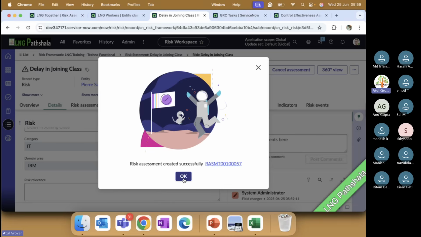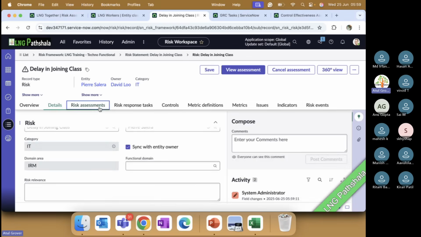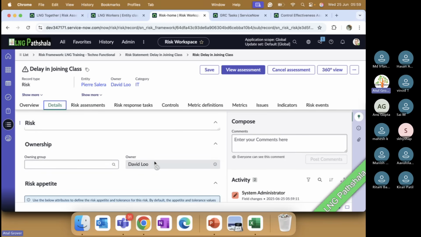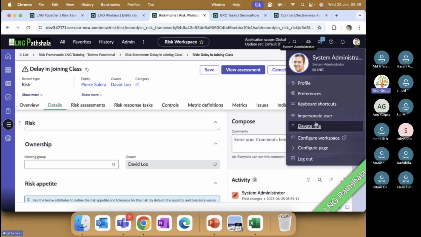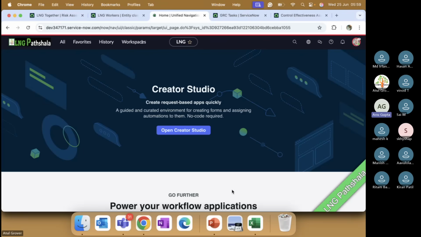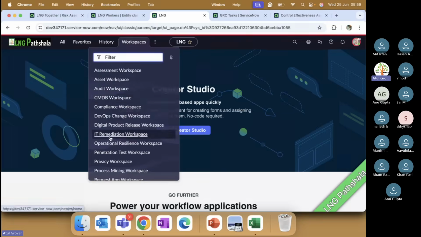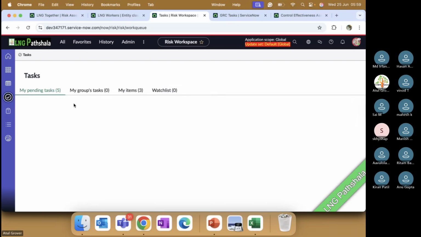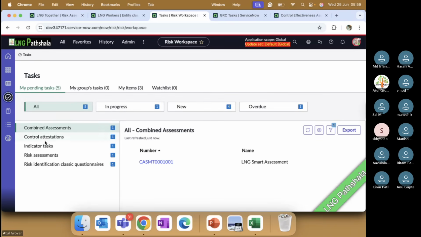Assessment record has been generated. To whom does the assessment go? Entity David Liu. Now if I impersonate, and now if you go here in his workspace, not issue, in the task, see, risk assessment,